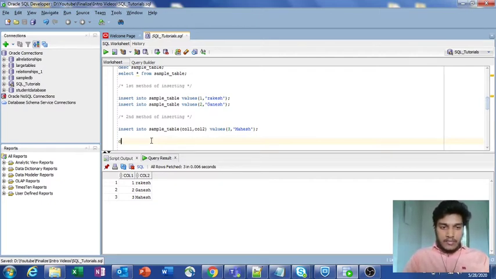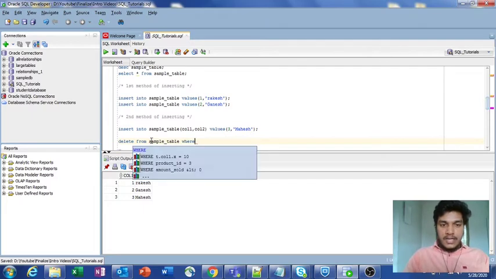For that we have a command known as delete. This is also one of the data manipulation commands, and we can manipulate the data present in the table. The syntax for delete is delete from table name. Here the table name is sample_table. Delete from sample_table.